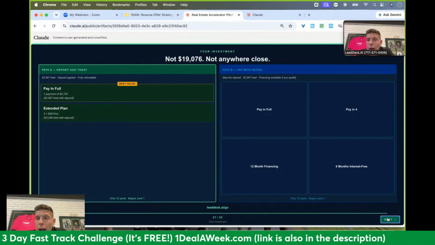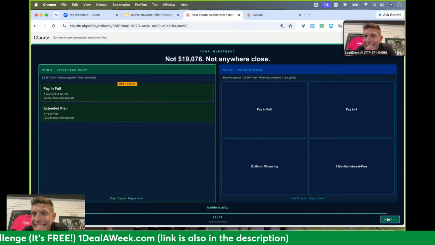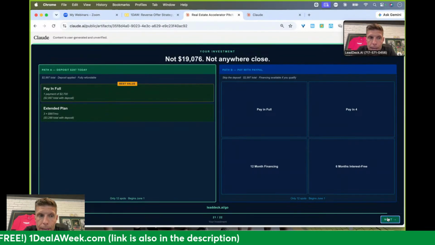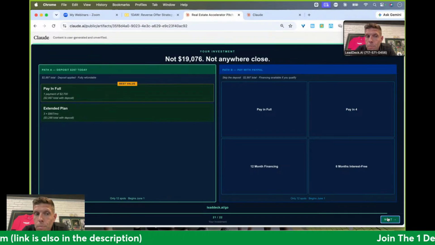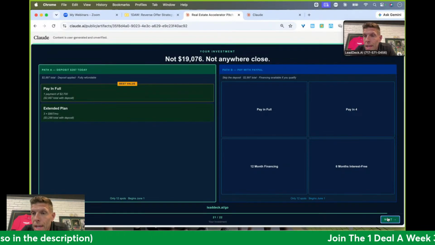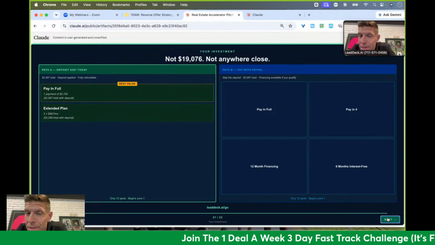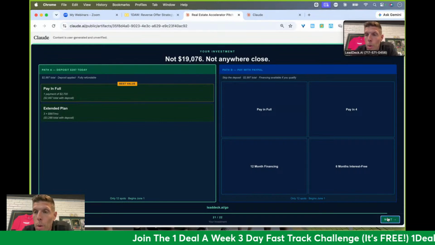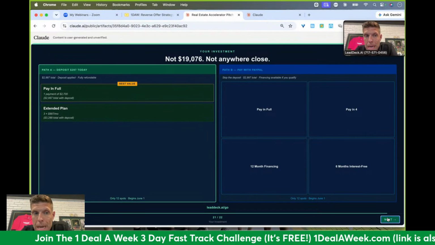Now, here are your options. I mentioned already the investment is obviously nowhere near $19,076. Although it would be well worth it if we do fulfill on the goal here, which is help you bridge the gap that we identified in day 2. It would be well worth it even at that, but it's nowhere near that. There are a couple of different options or paths. You can make a deposit today to hold your spot